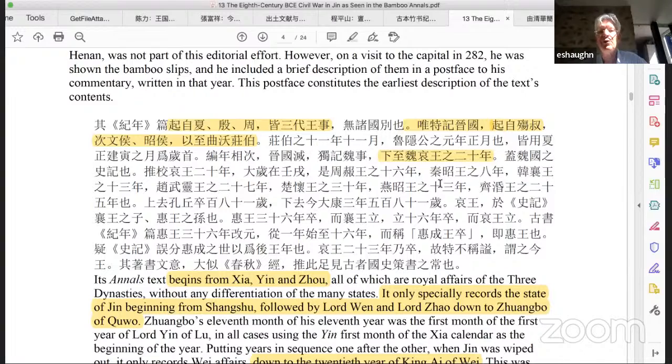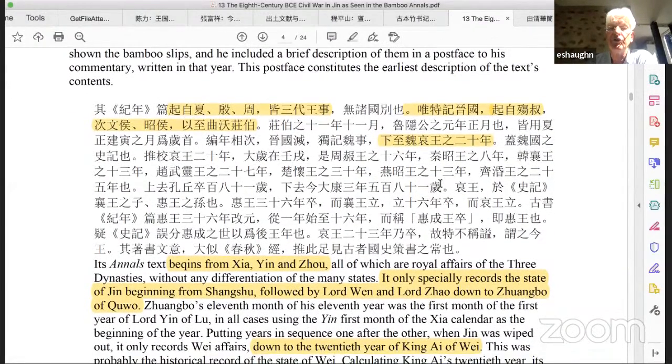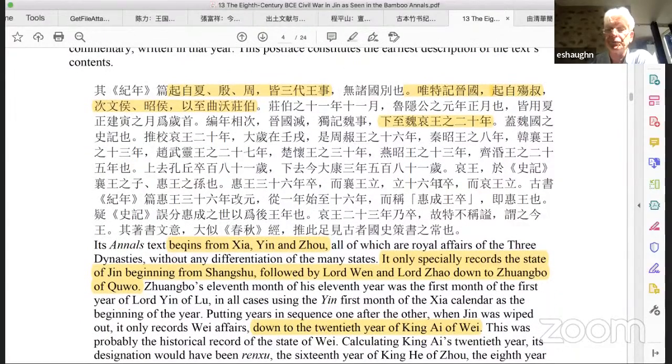Even though Du Yu was a great scholar, he was the Li Xueqin of his day. Even great scholars make mistakes. And I suspect that this was a kind of mistake that Du Yu made, that he was brought in and shown a couple of strips of the Zhushu jinian, the Jinian, and he then wrote this Houshu to his Zuozhuang commentary. But just as Li Xueqin came to a false understanding of the Xinian based on his first examination